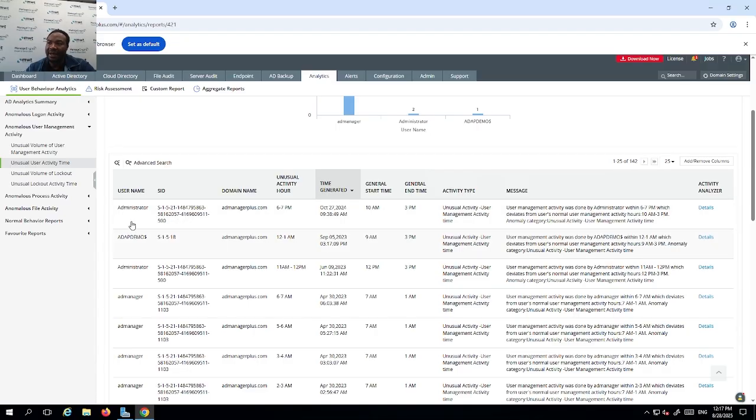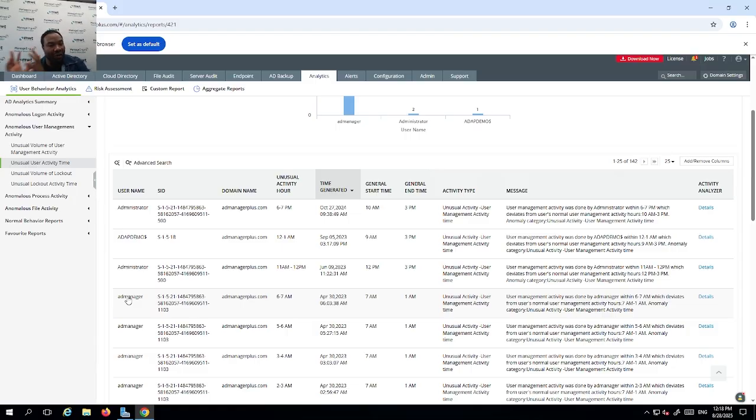So we can see the user admin information, the domain name, the activity login time 6 to 7 p.m. Then we can see the unusual activities of the admin. So AD Audit user behavior analysis always tracks the behavior of entities. Entities could be a file, a computer, a server, so many other things, and users. So that's why we call it